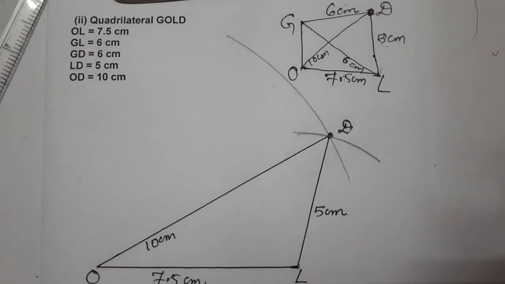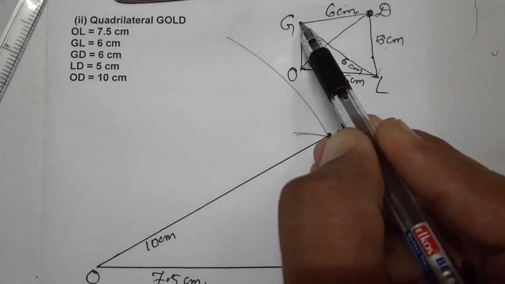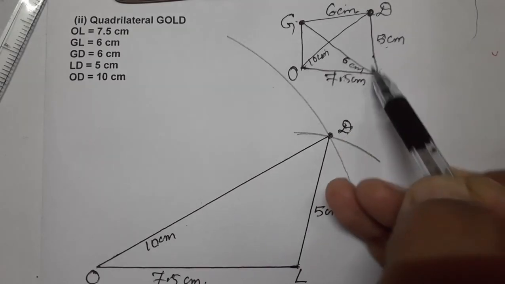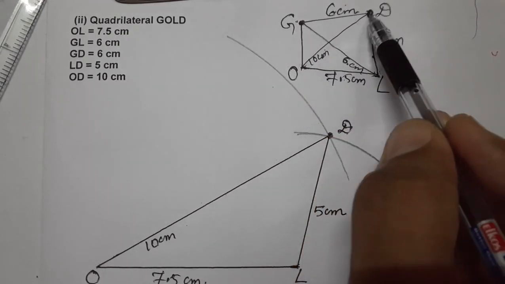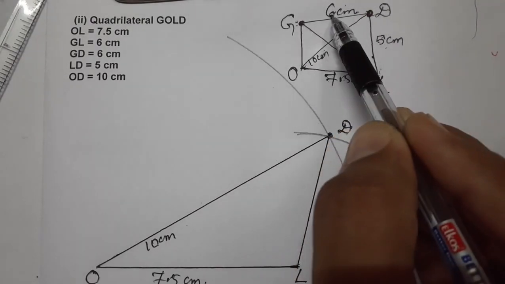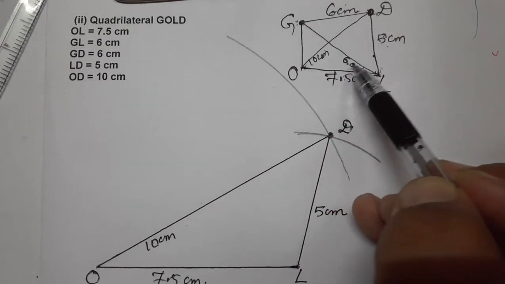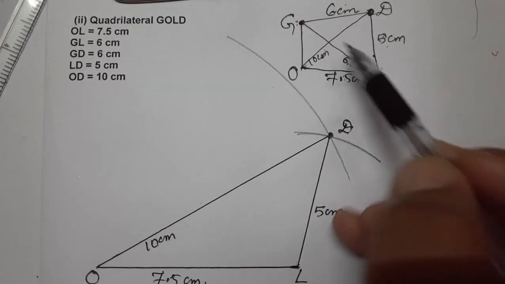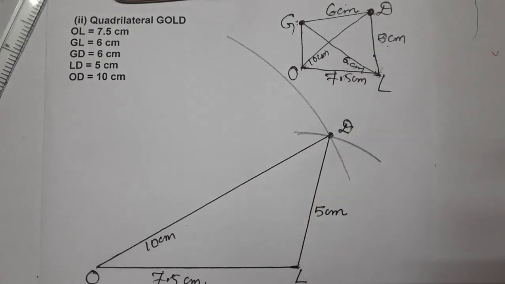Now up to this we have drawn the triangle. Now see the next point. Our next point is G. DG 6, LG 6. This OG diagonal is not given to us, children. So D to G and L to G. D to G is 6 centimeter and L to G is also 6 centimeter. So both are 6. We'll draw from D a 6 centimeter arc radius and from L also a 6 centimeter arc radius so that they intersect at G.